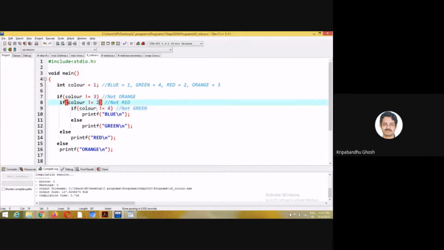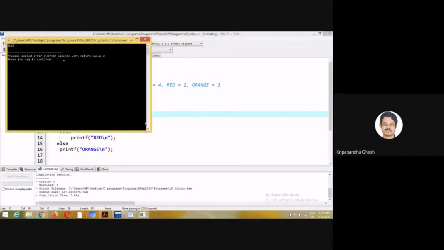Again, this will be executed. If color is not equal to 4, which is also true because color is 1. So there are no options left. 3, 2, 4 are exhausted. So the right answer will be blue.